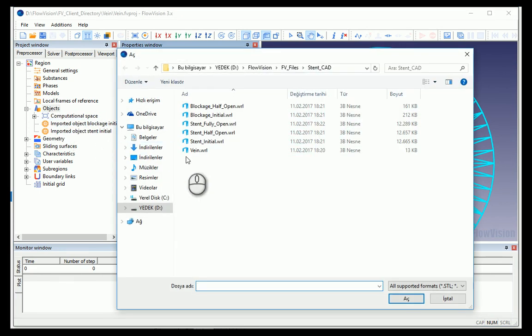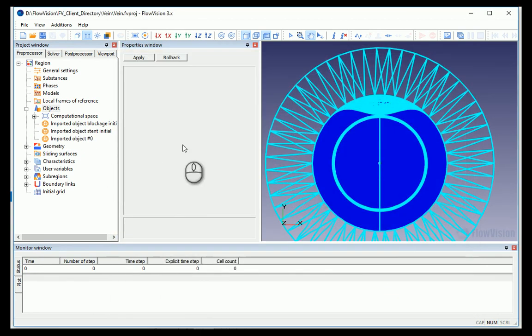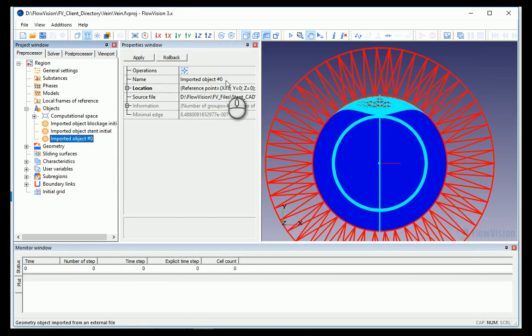Now we should continue similarly with blockage half open. You may realize that for the blockage geometries